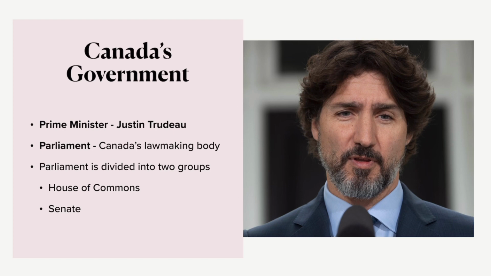Parliament consists of a House of Commons and the Senate. Canadians elect members of the House of Commons. They're called MPs, or Members of Parliament. Senators, on the other hand, are appointed by the Governor General based on the advice of the Prime Minister. There are 105 senators and 338 members of the House of Commons. Canada's Supreme Court is the highest court in Canada and the final court of appeals in the Canadian justice system. There are 9 judges who sit on the Canadian Supreme Court.